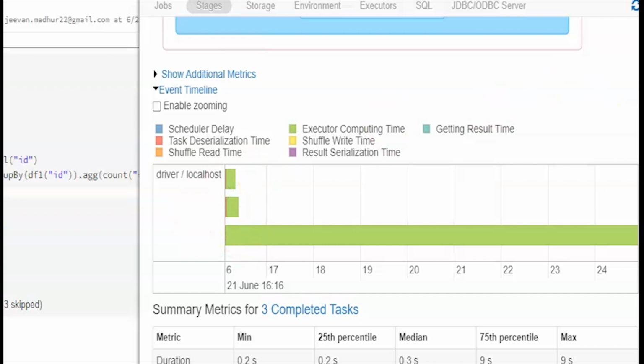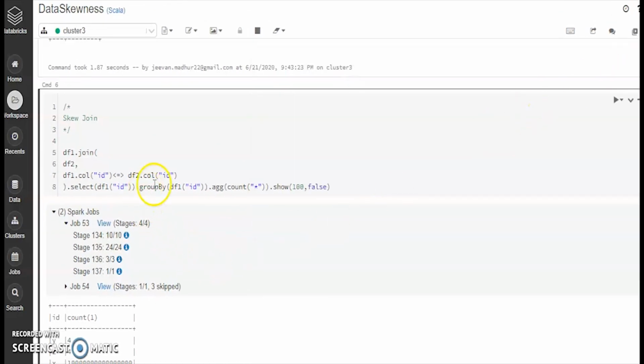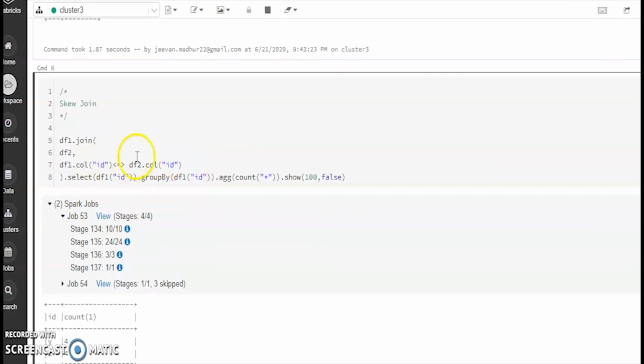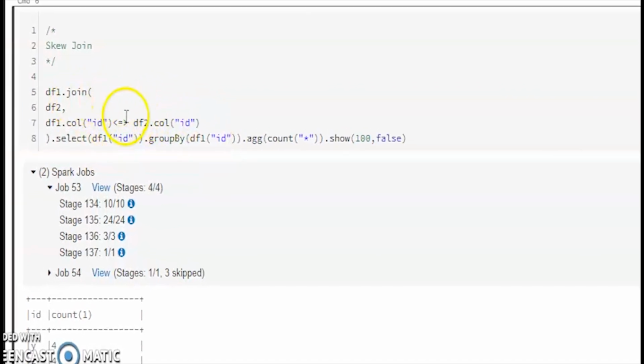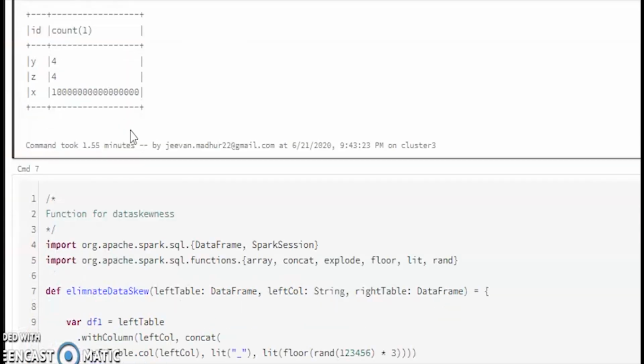This causes a lot of problems, because our job runs for a very long time whenever we do the join on these two tables. Because these columns are skewed, it takes a lot of time to execute. So let's see how we can get away from this issue using the salting technique which we discussed in the PPT.